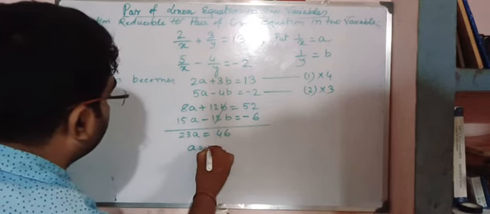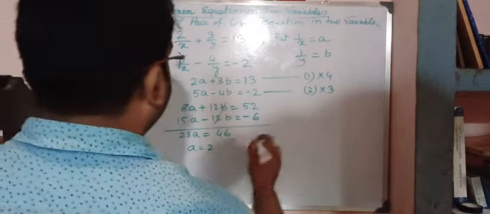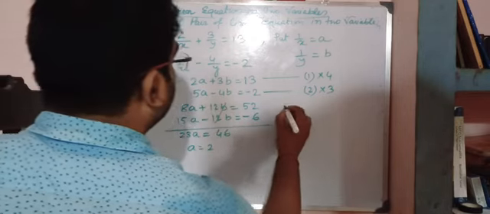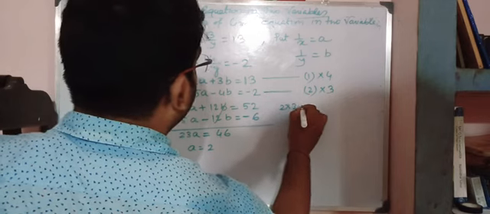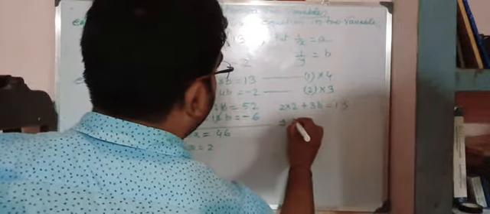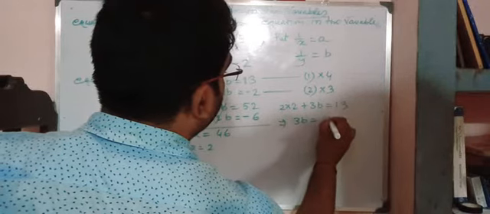So a is equal to 2. Putting the value of a in equation number 1, 2 into 2 plus 3b is equal to 13. That means 3b is equal to 13 minus